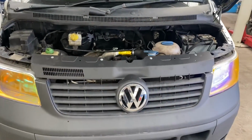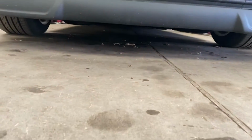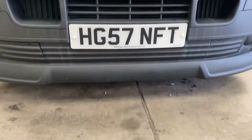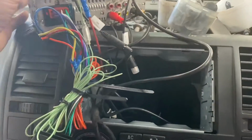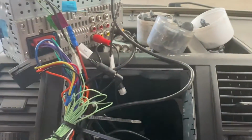So it is running, a little bit lumpy because it needs a remap, which I'll be going to RCS Tuning for. Checked underneath and we've got no oil leak. So happy days, the oil leak is sorted. Something that was so simple, obviously easily fixed. Let's keep watching. So, working on a new stereo, a Kenwood unit, which is running a reversing camera and